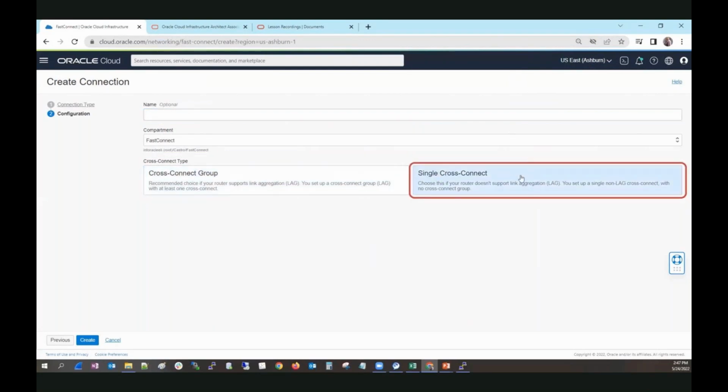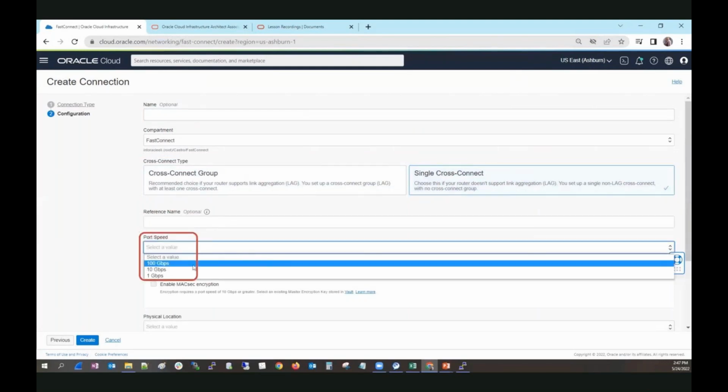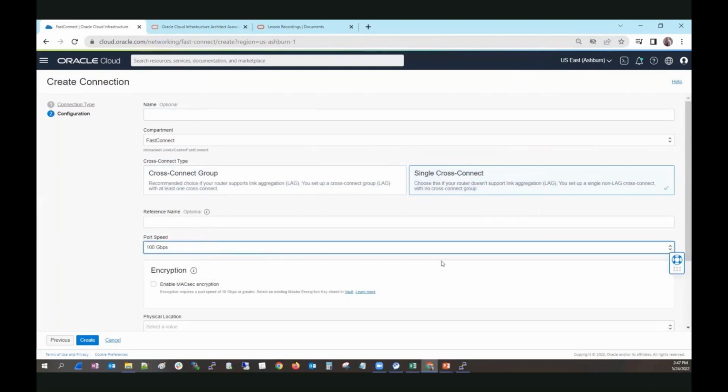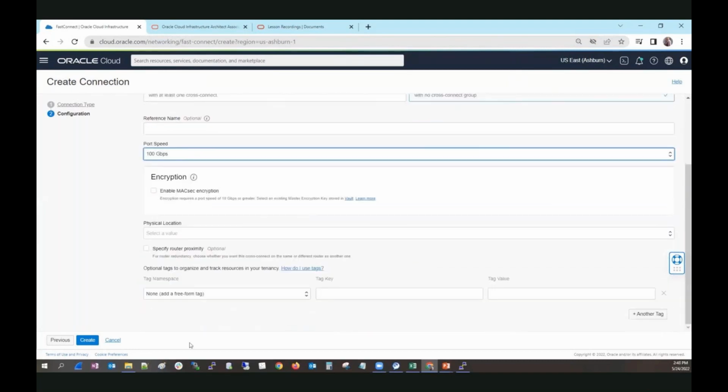So let's go ahead with this one. And then you give it a name, select the speed, 100 gigs is supported in Ashburn. Then you fill in the rest of the fields, hit create. And the minute that you hit create, I will issue a letter of authority that you can download and go into the data center with a partner